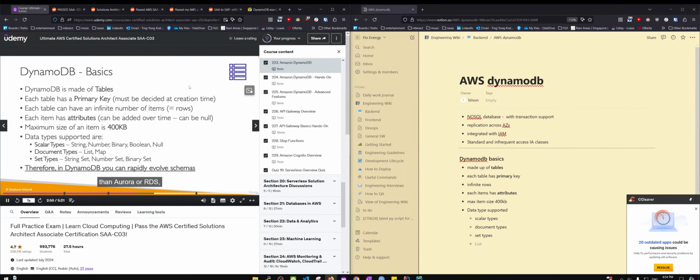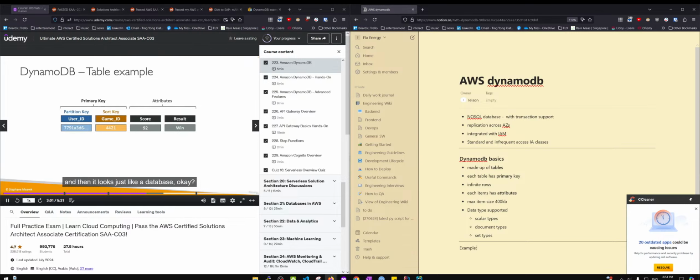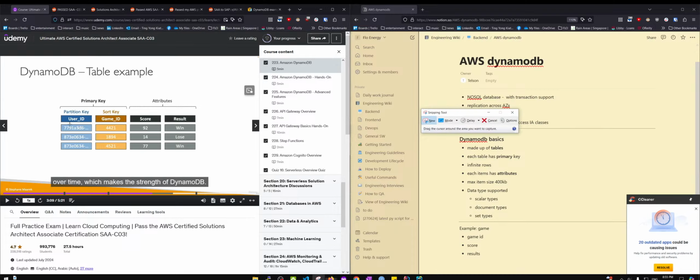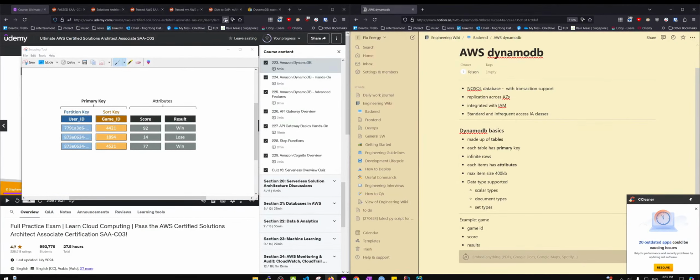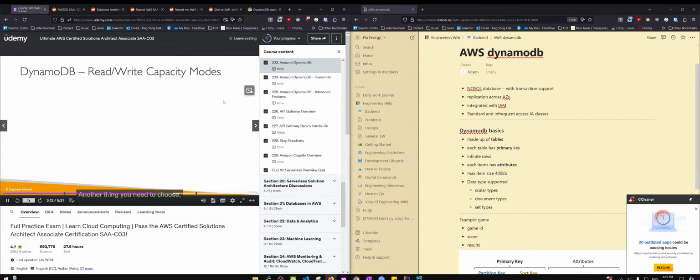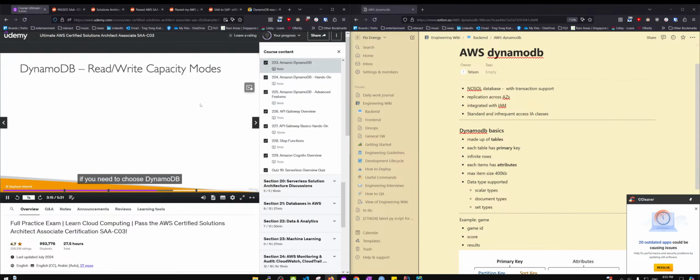So here is an example of a table in DynamoDB. We have a partition key, optionally a sort key, which composes your primary key. And then we have attributes. And then it looks just like a database, okay? But it's possible, for example, for your attributes to be null or to add attributes over time, which makes the strength of DynamoDB. Another thing you need to choose, if you choose DynamoDB, is the capacity mode